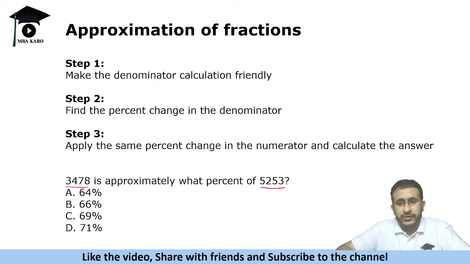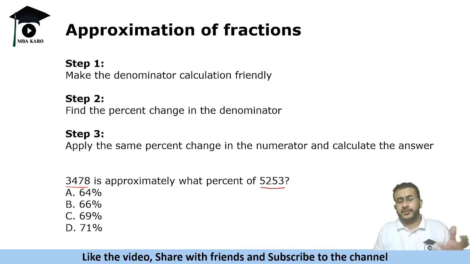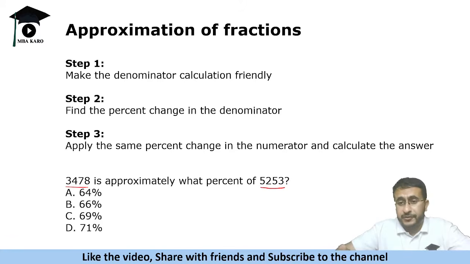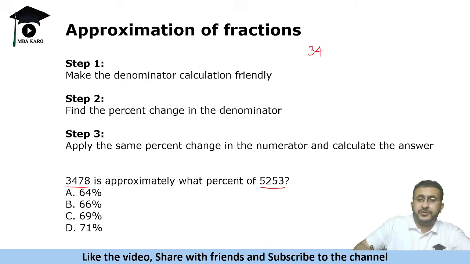Multiplication के लिए I already told you a lot of techniques. Right now comes the part wherein you have to divide by numbers, and it becomes difficult for you to answer the questions because the options look close to you and you are not aware of these numbers. Okay, so learn the step-by-step technique. First technique is make the denominator calculation friendly. Okay, suppose we need to find 3478 upon 5253. I do not know the